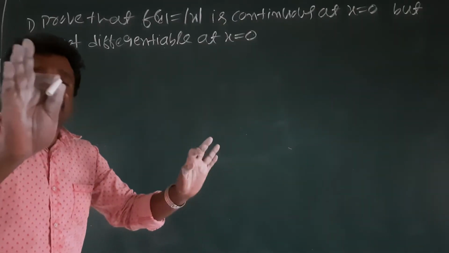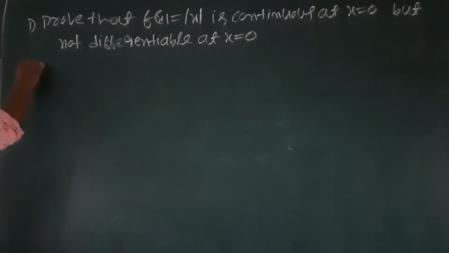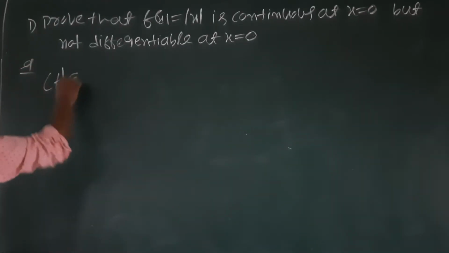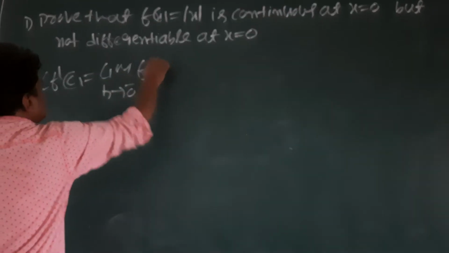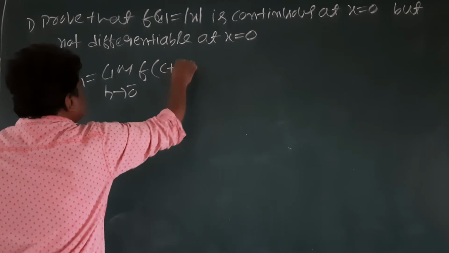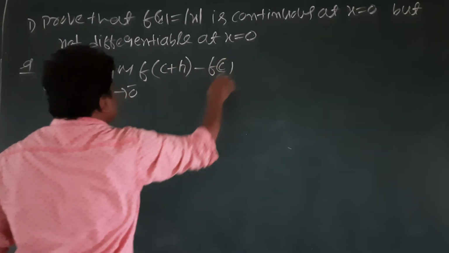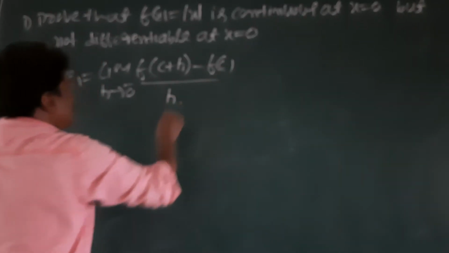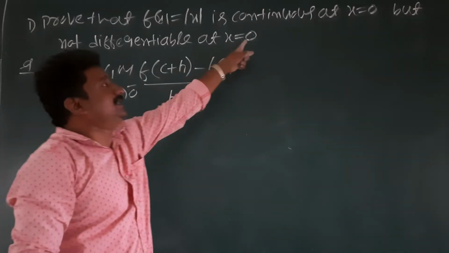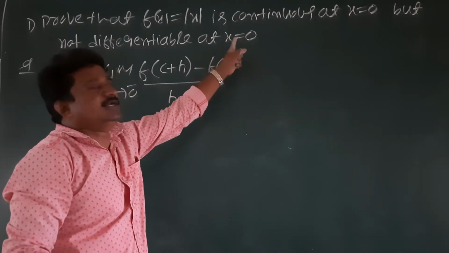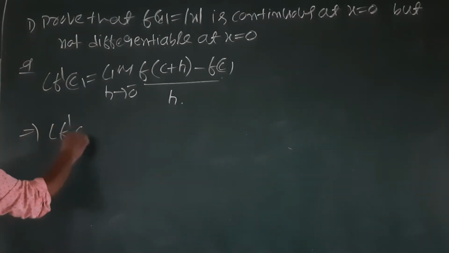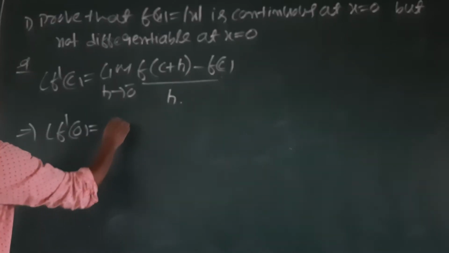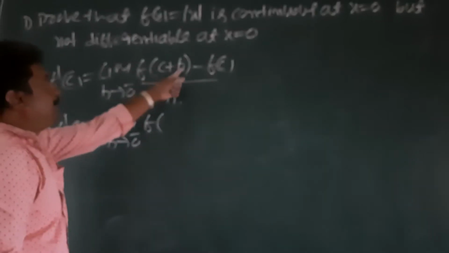Let us find the left hand derivative first. Solution: Lf'(c) is limit h tends to 0 minus, [f(c+h) - f(c)] by h. In this case, c is 0. So tell me the c value, students. c is 0. Put c equals 0. That implies Lf'(0) is limit h tends to 0 minus, f(0+h)